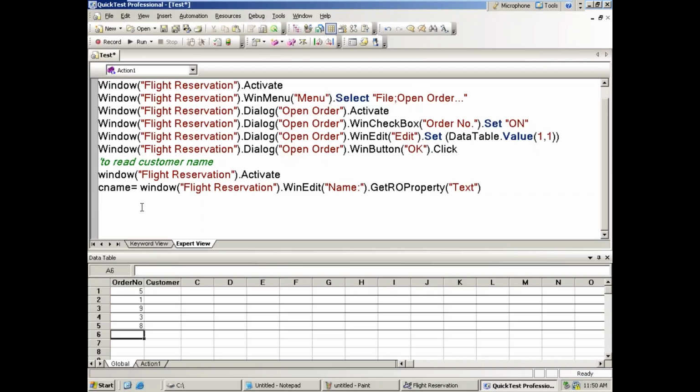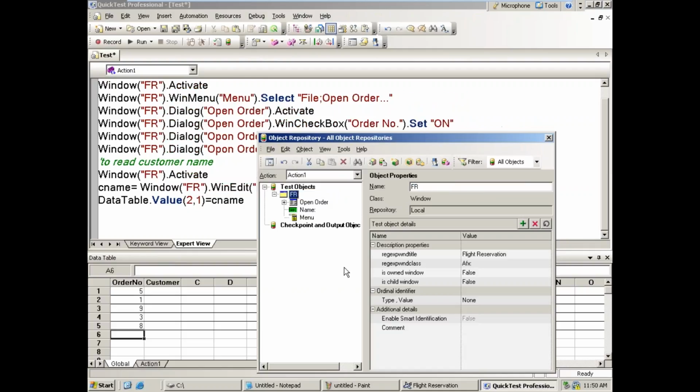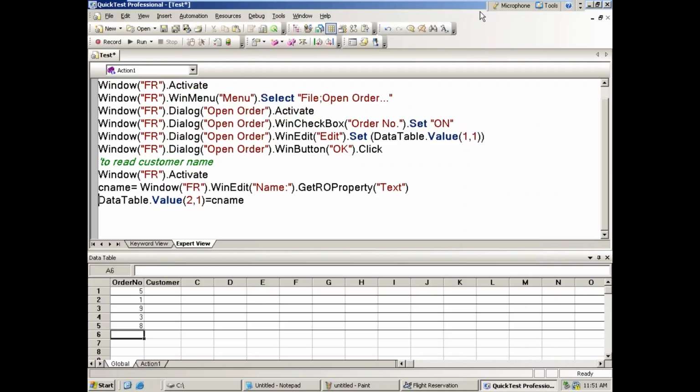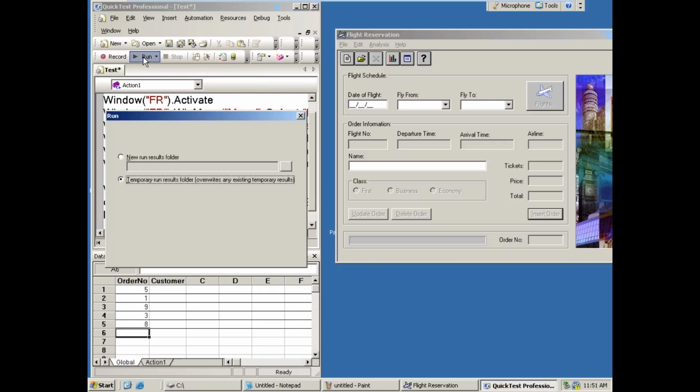Same way here, DataTable.Value, second column, first sheet, CNAME. So this is the script I created to open a record. After opening a record for a given order number, whatever name displays in the name edit box, it has to read. That name has to be written under the customer column. Okay, if I run my script,